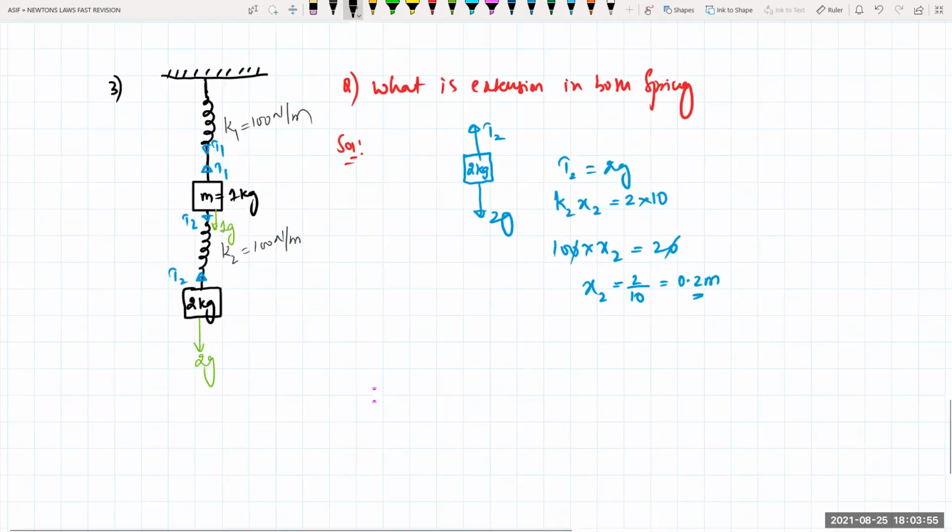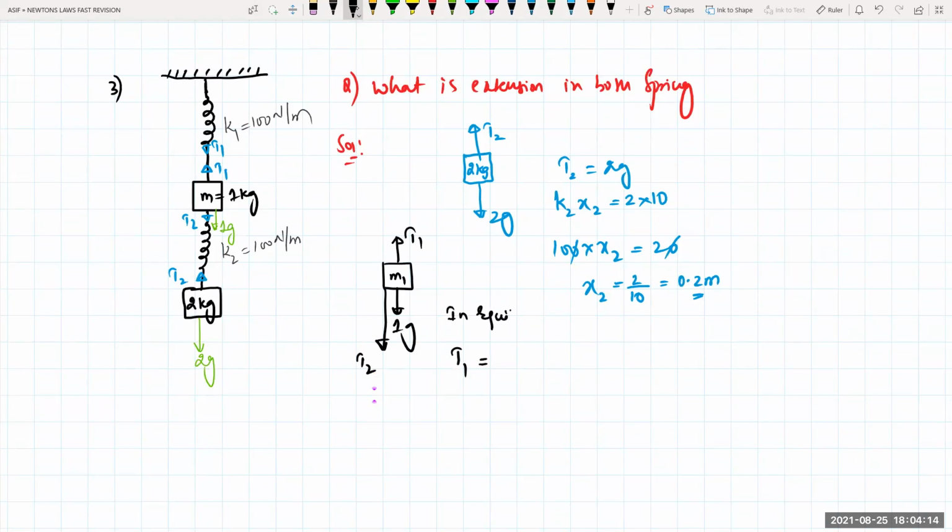In the same way, the 1 kg block, because it is in equilibrium. So this is for your M1, here right now this one is your 1G, and here the tension is nothing but T1, and apart from that one there is also T2 for this one. So T1 will be equal to, in equilibrium I'm talking, everything is in equilibrium. So in equilibrium T1 must be equal to T2 plus 2G.